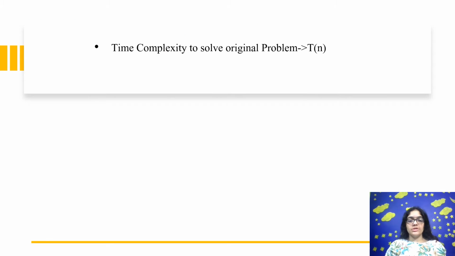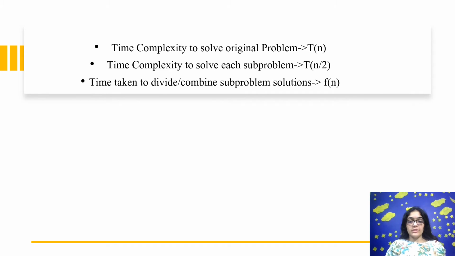So now let us consider the time complexity to solve the original problem to be T(n). So the time complexity to solve each of the subproblems becomes T(n/2), and the time taken to divide or combine the subproblem solutions is f(n). So the total time complexity T(n) is equal to f1(n) plus T(n/2) plus T(n/2) plus f2(n), wherein f1(n) is the time complexity to divide